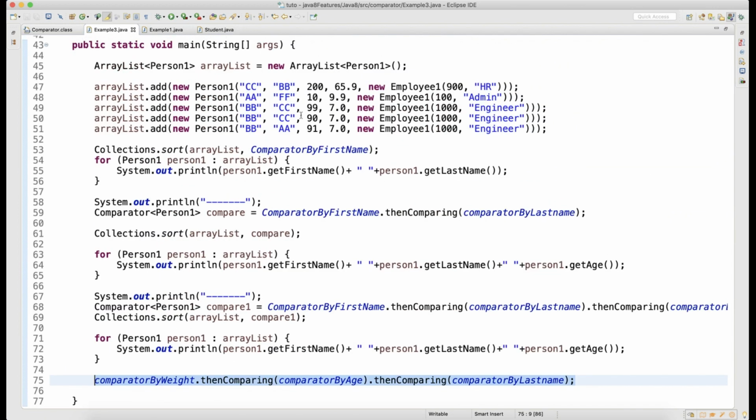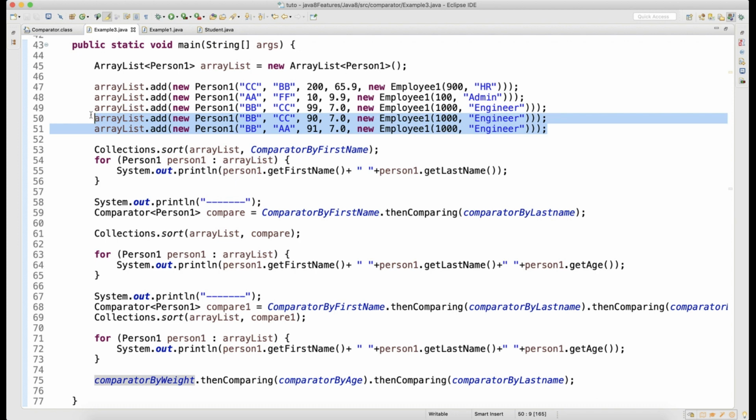but if your data is not duplicate, you will not make out the difference. When your data is not duplicate, whatever is the output of your first comparator, it will be the same. So let's say if there is no duplicate data in this, right, if let's say these last two records are not there, then your compare by last name or compare by age will not make much sense, because whatever result comes from the first name, it will be the same for the last name and age also.